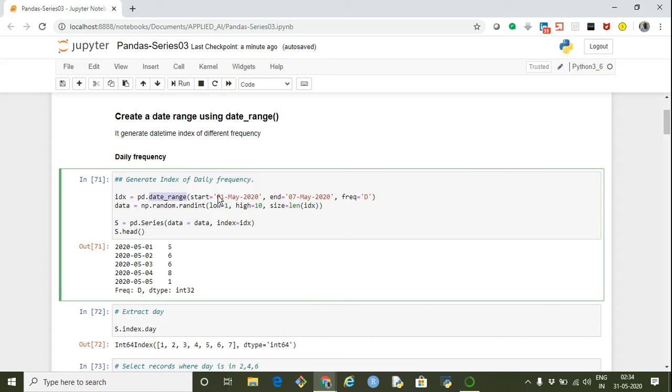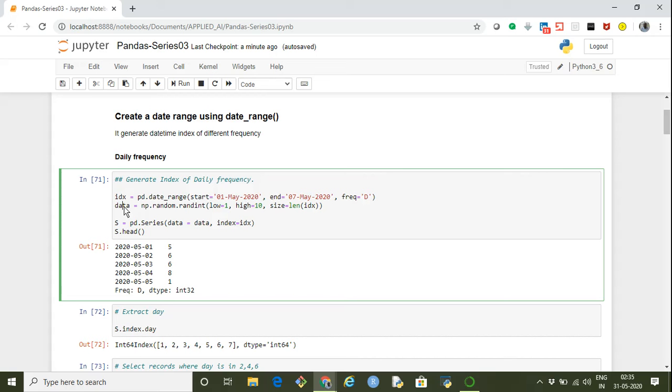So I say start equals 01 May 2020, and the end period, that is, it should generate up to 7th of May 2020, and I'm specifying the frequency as daily. The default frequency is daily. Even if you don't specify any frequency, it will consider it as daily, but it is better to specify the frequency so that it is explicit. This will return the datetime index which we are storing in idx.